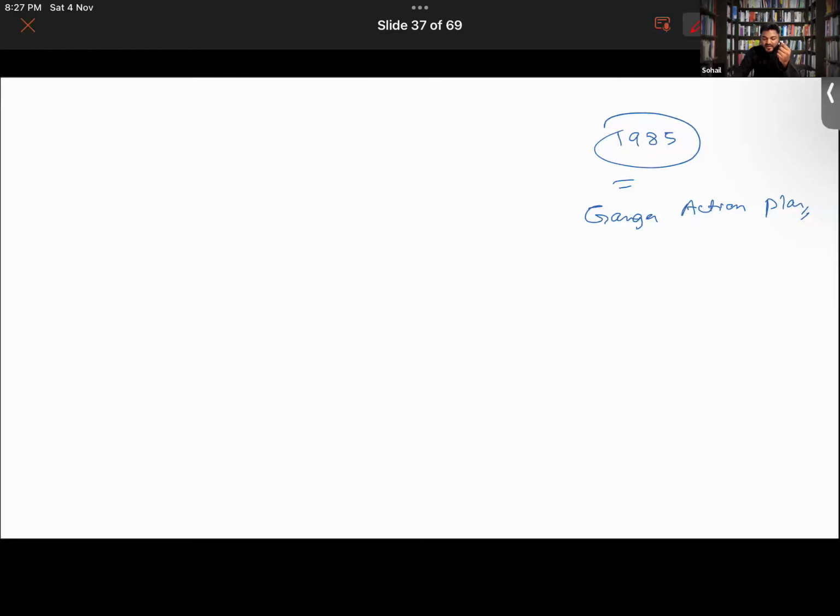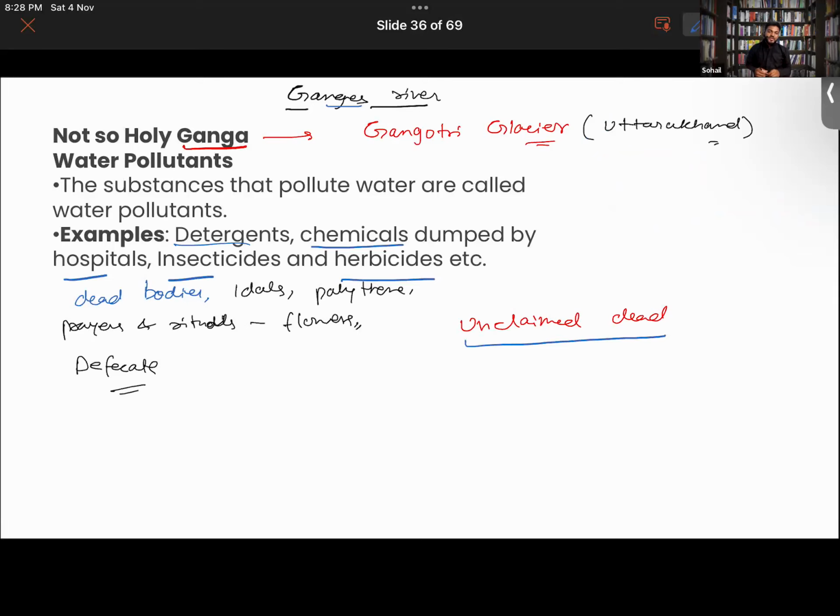And dead bodies, whether of animals like rodents or snakes, or even the dead bodies we find in the river after cremation. Cremation is a different thing. Cremation should also be done properly, or the body should be buried in a proper manner, to prevent the pollution of water. And there should be regular campaigns to educate people